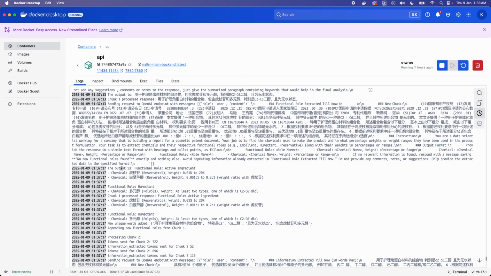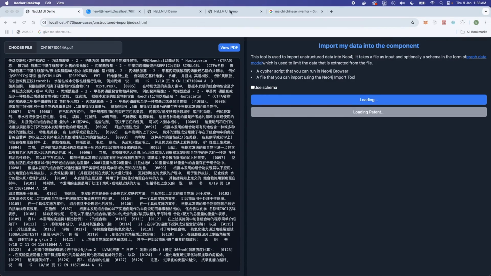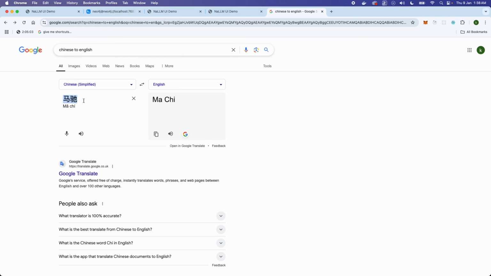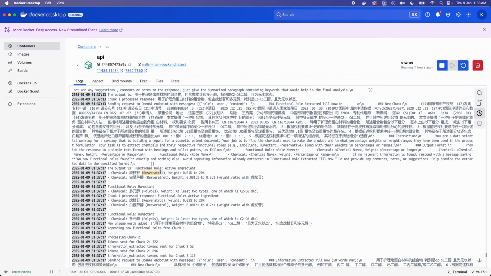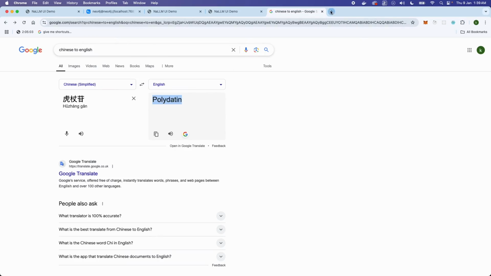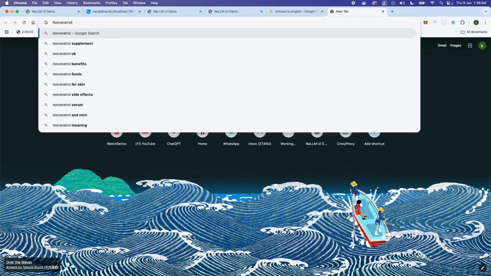We still have interpretations without doing almost nothing for it. It has this feature built inside of its own. So you can see the resveratrol is the meaning of this. If we convert this to English, what does that mean? Polydatin. So this is one of the patented chemicals that we are looking for. So you can see that it is recognizing Chinese patents as well. Resveratrol is, I think, a synonym for polydatin, and polydatin is one of the